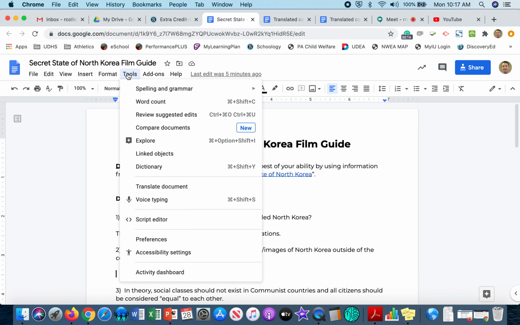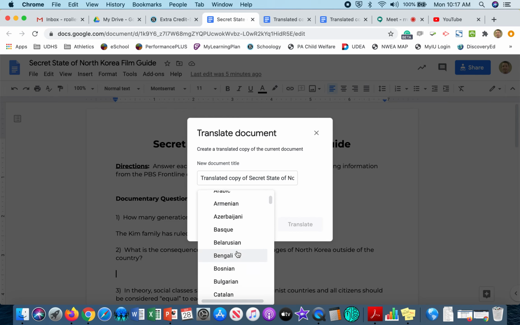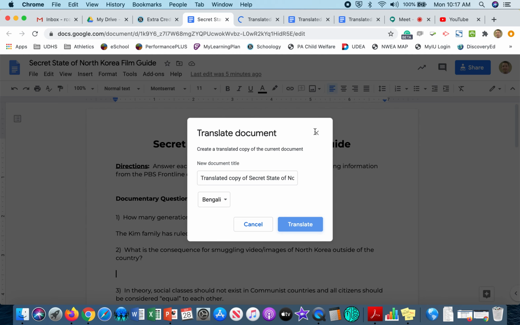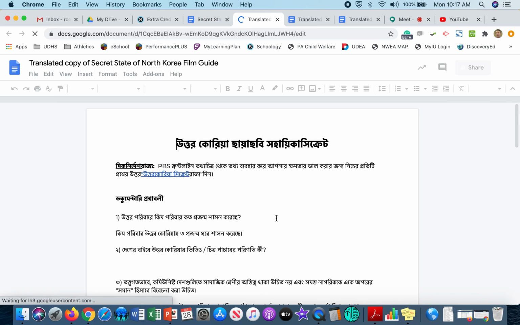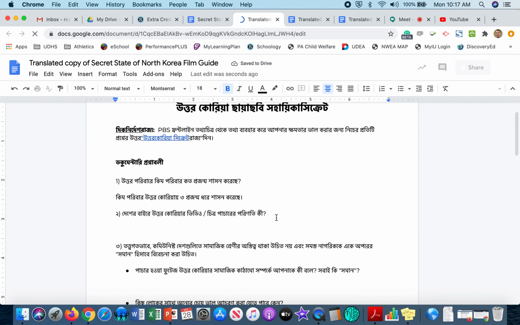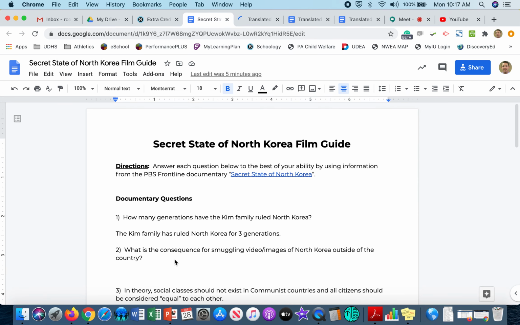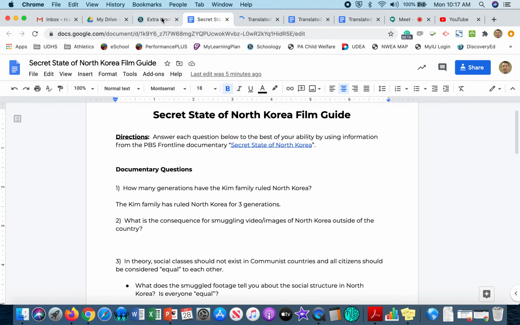I'll do it one more time here at the end. Very simply, just click Tools, Translate Document, and maybe we'll do Bengali here. And we'll translate, and it'll take that document that was in English. So it'll take this film guide, and in this case, we are translating it into Bengali. And there we are. So just remember to copy and paste your answers. If you are using this and you're using the translated copy, make sure to copy and paste your answers into English, into the English version, and then hit the